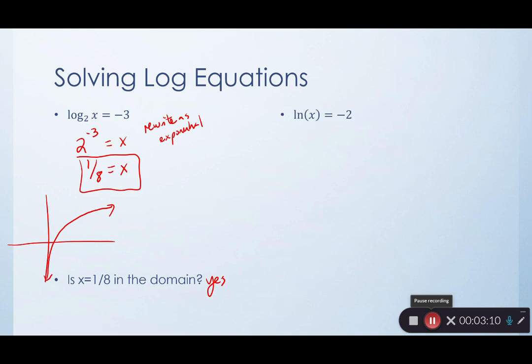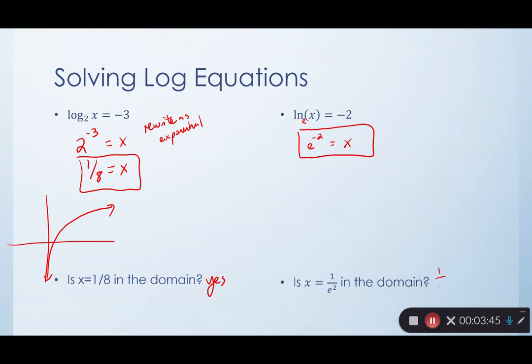All right, so same kind of story here. We've got ln of x equals -2. So we could rewrite this as an exponential. e, our base, to the answer equals the argument, right? What power do I have to raise e to get x? Apparently the answer is -2. So e to the -2 equals x. And that's a very good place to leave that answer. That is 1 over e squared. So it's about 1/8, give or take. So is 1 over e squared in the domain? Again, it's greater than 0. So yes,